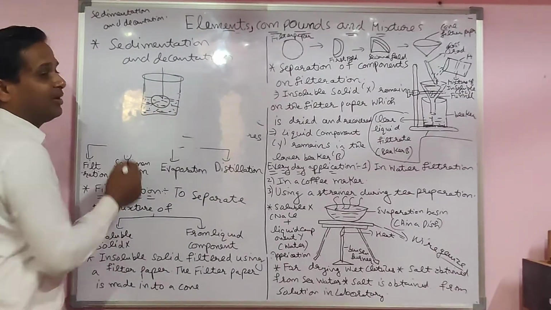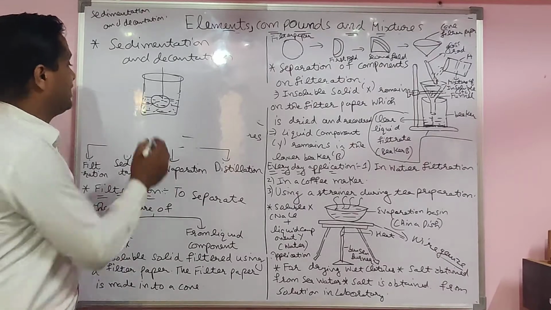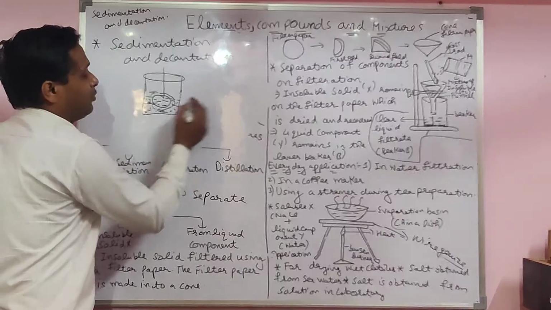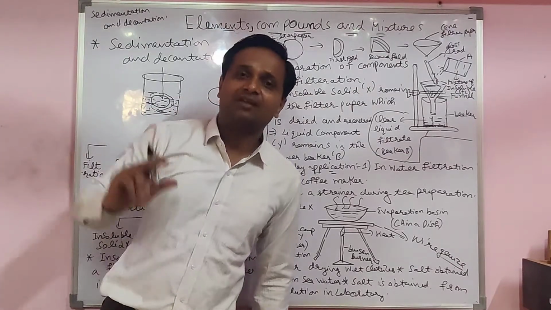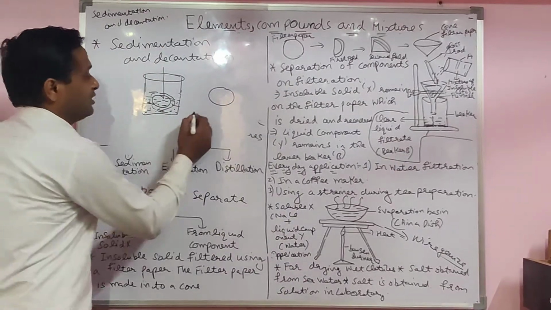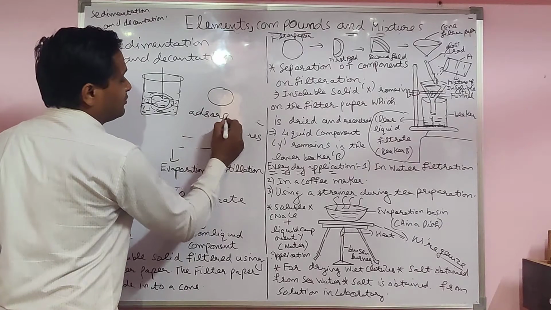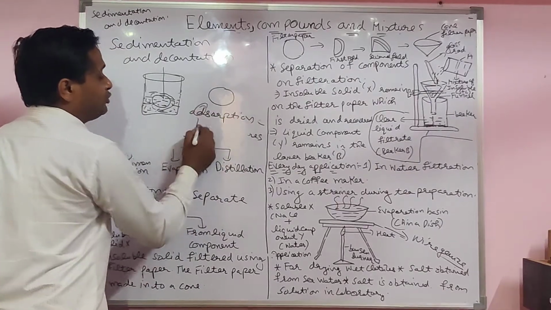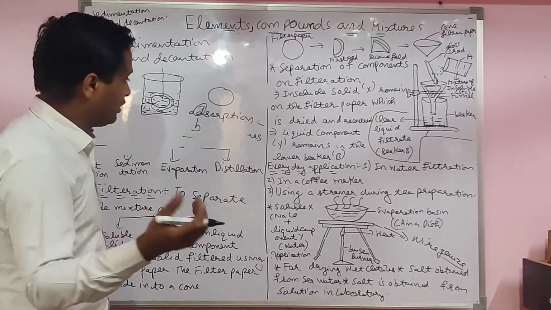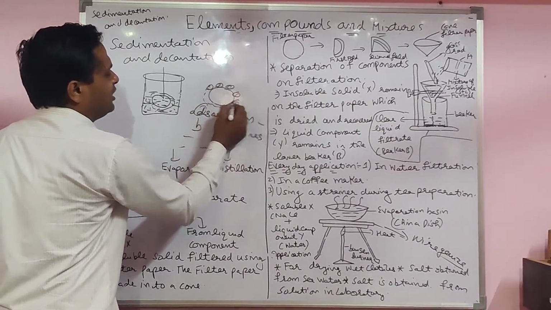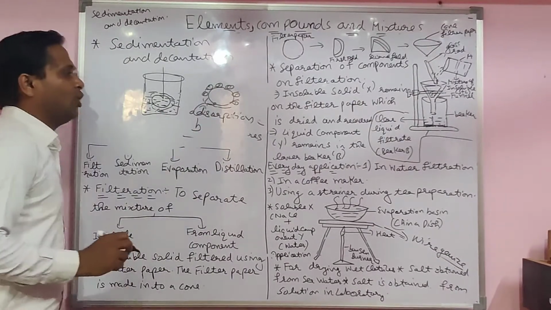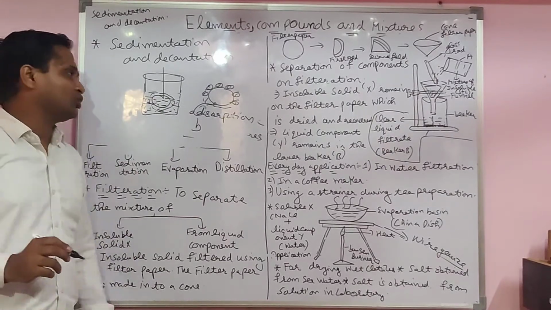What is potash alum? You know it as Fitkari. It absorbs. What is the meaning of absorb? There are two words: absorption and adsorption. Sometimes the word absorb is used here. Like a sponge absorbs water. Adsorb means holding the molecules on the surface only, not going inside. Potash alum does it like this.